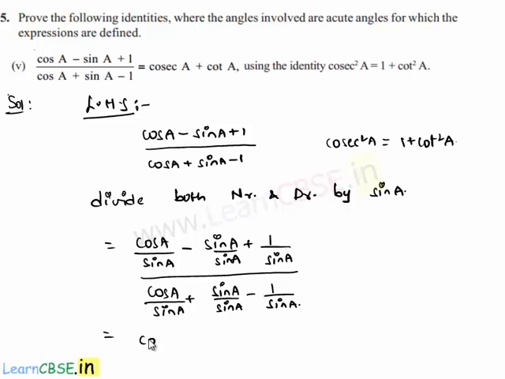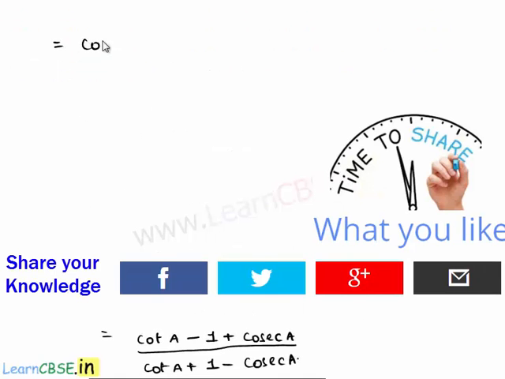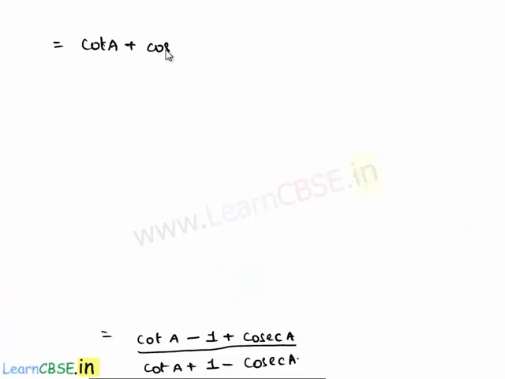cos A by sin A is nothing but cot A, minus sin A by sin A is 1, plus 1 by sin A is nothing but cosec A, whole divided by cos A by sin A is again cot A, plus sin A by sin A is nothing but 1, minus 1 by sin A is nothing but cosec A. So the expression will be equal to (cot A + cosec A − 1)/(cot A − cosec A + 1), which is equal to,